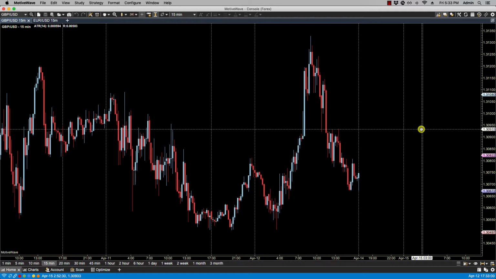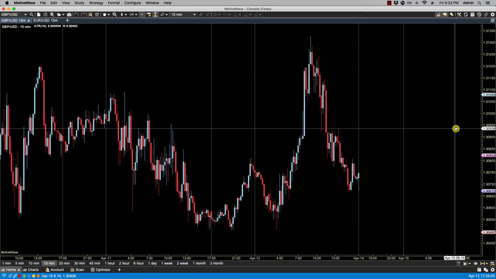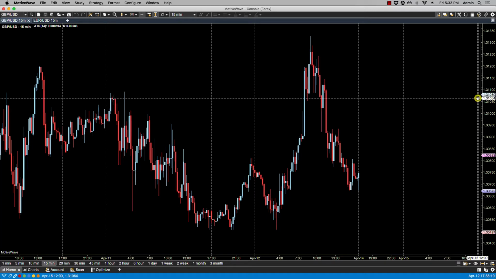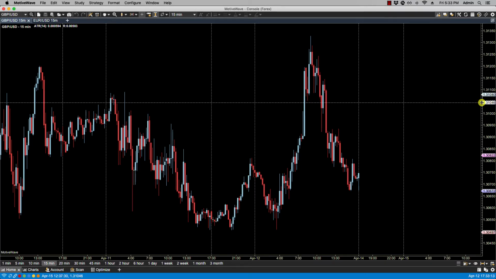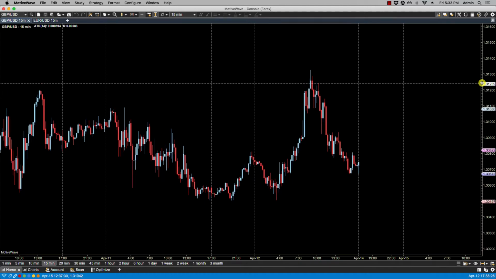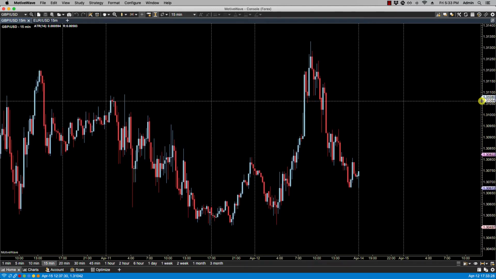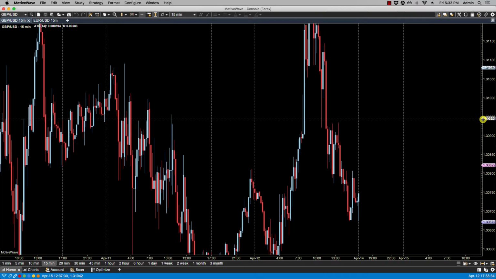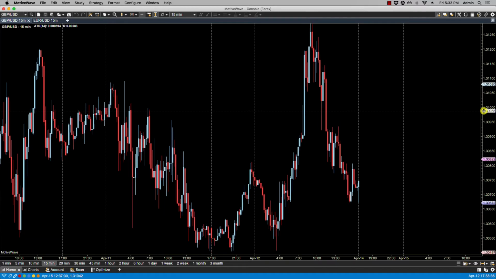Now, in order to change the vertical spacing, you need to hover your mouse on the space between the price labels and the chart. So it would be in between these two vertical lines here. You'll notice that the cursor changes into a 2-arrow cursor. If you left click and drag up, you'll compress the price axis. If you left click and drag down, you'll expand the price axis, and this is all from the center point